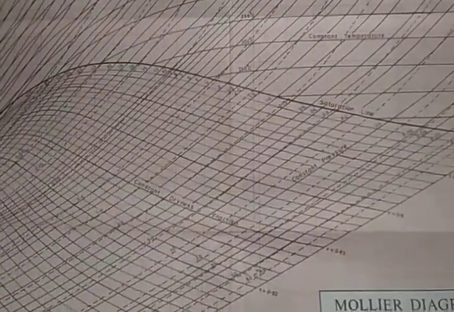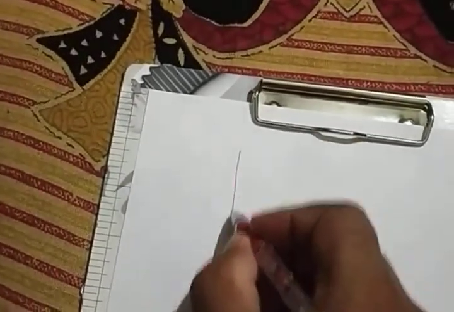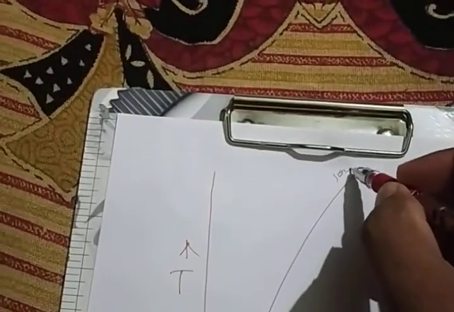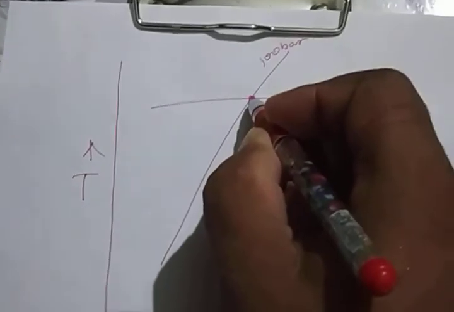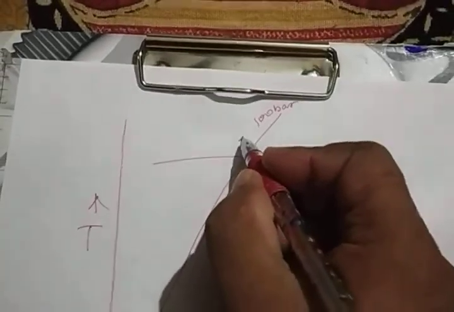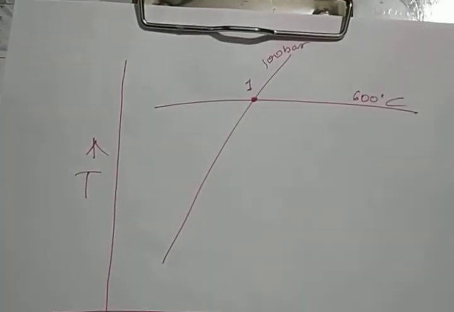So we will take a case and show you on this diagram with an example. So how to plot this on an HS diagram. I will take a rough sketch and draw this as a TS diagram and show you the points. That is, if I take a pressure of 100 bar and 600 degrees centigrade. So wherever it coincides, you can see here 100 bar and 600 degrees centigrade. Wherever it is coinciding, that will give me the point 1, where you will get the enthalpy of h1.